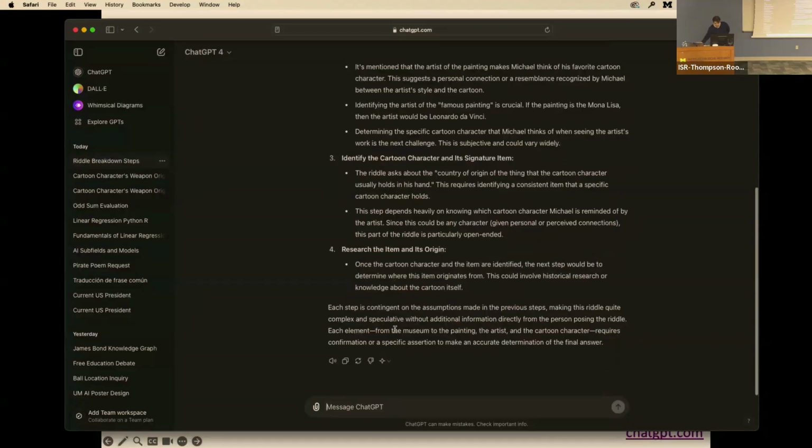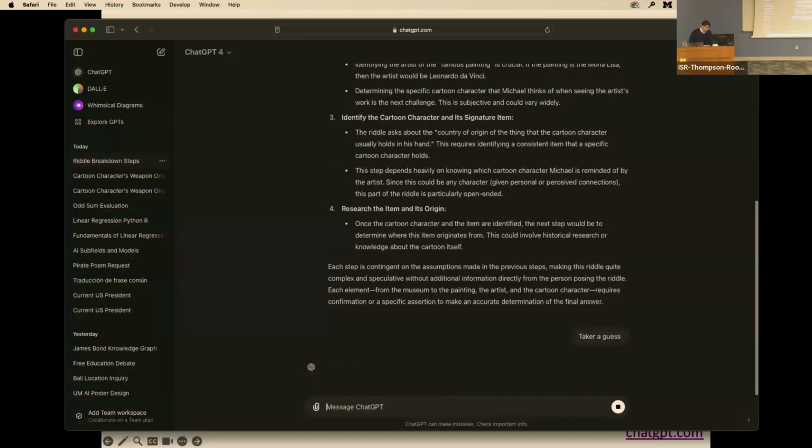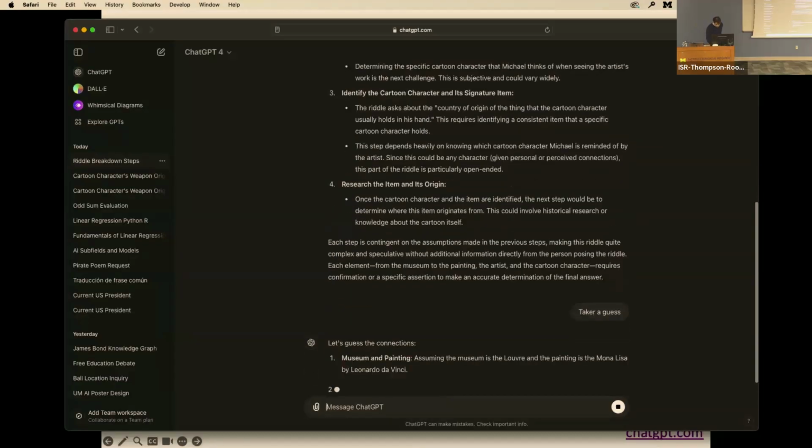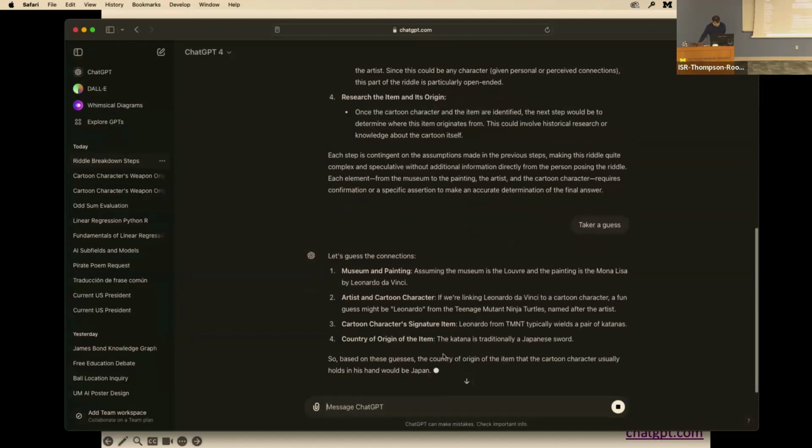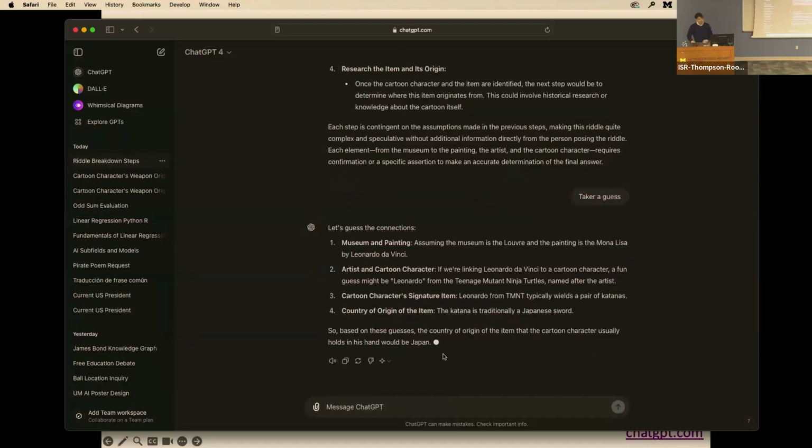Okay, and this time it's giving us that it's extremely ambiguous and it doesn't really know. So let's say once the cartoon character is identified, the next step would be, so now it doesn't want to tell us. That's interesting. So we can say take a guess. Okay, so now it got it right again.